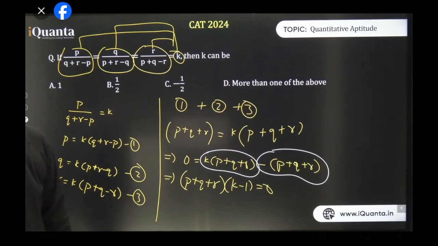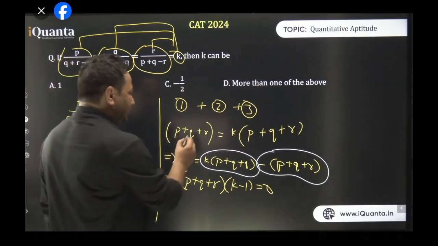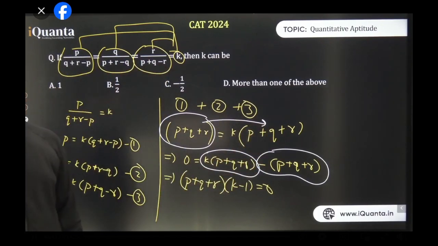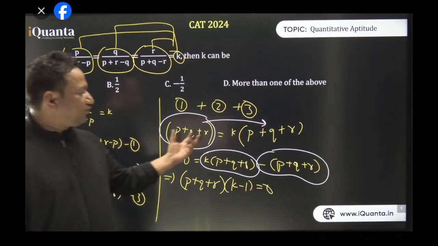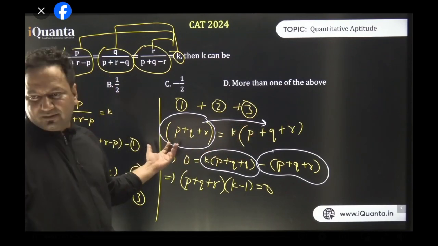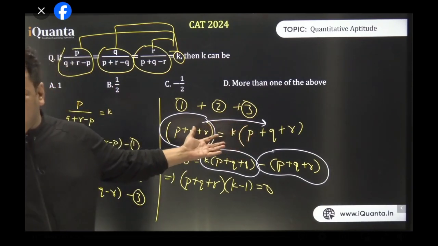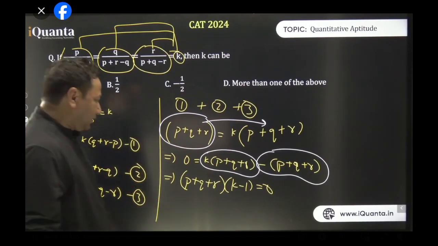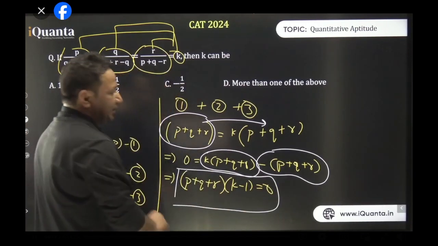Why minus? Khushi, what are you exactly asking? Arre, from the left hand side I have sent it to the right hand side, so it will be minus, right? Khushi, yes or no? If something goes from left to right in the equation, if it is plus here, it will be minus there. That's what you were asking, right? Understood? Okay, we can move ahead now. So this is the equation in the end, and now we have to solve it.